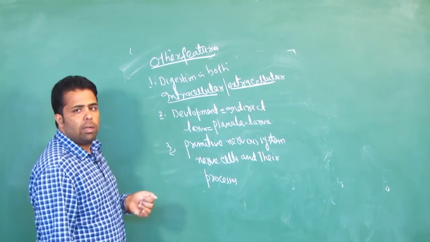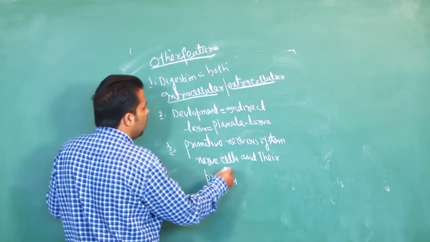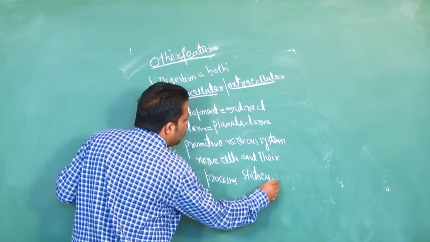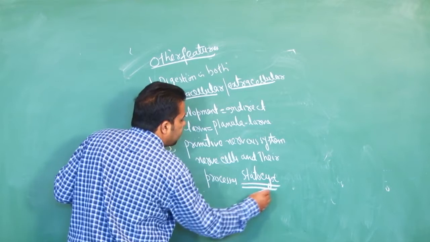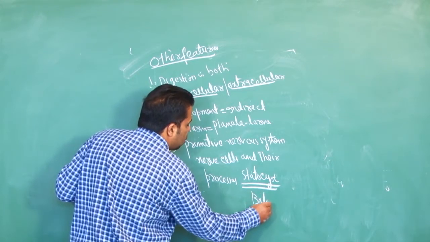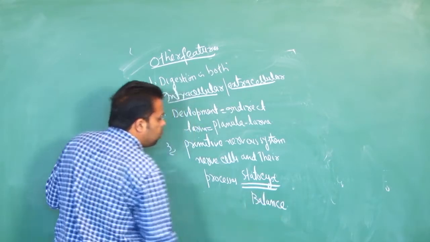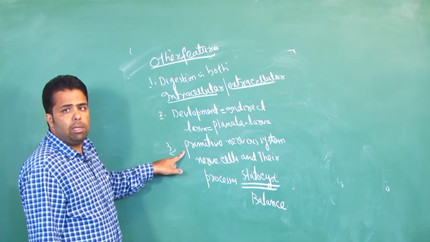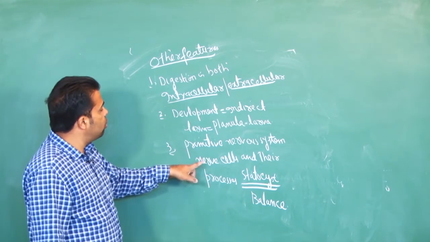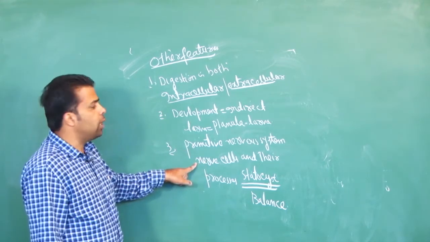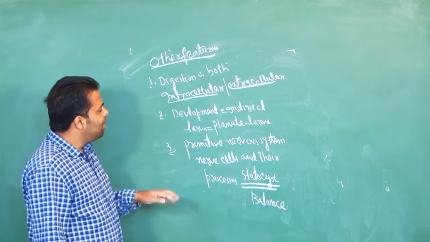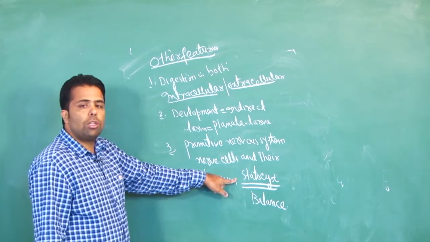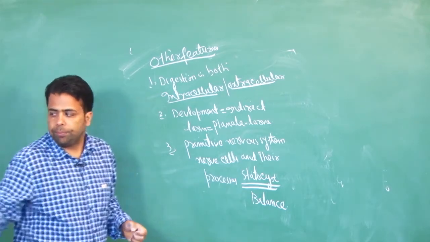A sense organ type is found here, that's called as statocyst. Statocyst. And it is used for balance. So the nervous system is primitive type, not so advanced like mammals and humans. Though what does it consist of? It consists of the nerve cells and their processes. There is a sense organ type found here, and that's called as statocyst. Statocyst is used for balance.